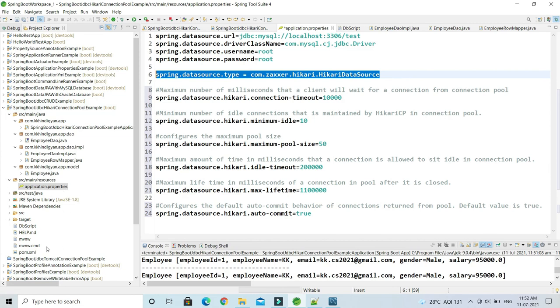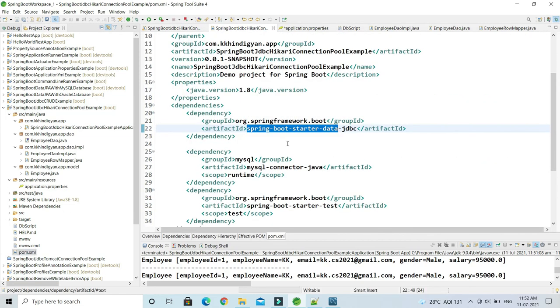And if you are using Spring Boot 1, then you have to add the Hikari dependency explicitly in pom.xml, right? But if you are working with Spring Boot 2, you don't really need to add the Hikari dependency explicitly. If you are working with spring-boot-starter-data-jpa or spring-boot-starter-data-jdbc, then implicitly it will download and add the Hikari dependency in your classpath.